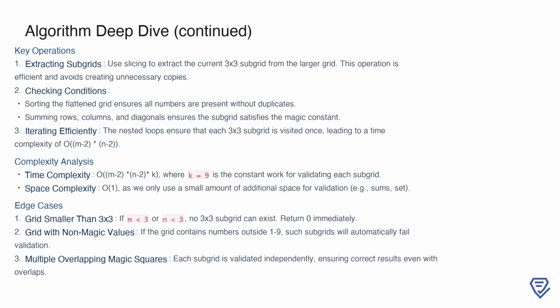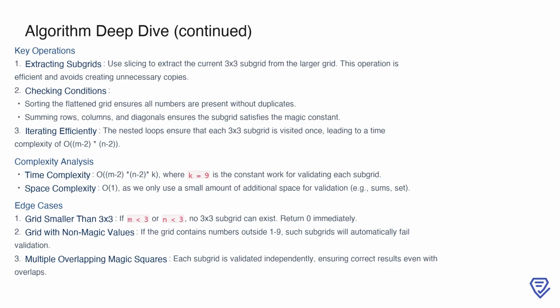The nested loops ensure that each potential 3 by 3 subgrid is visited exactly once, leading to a time complexity of O(M-2 times N-2), where M and N are the dimensions of the grid. Since validating each subgrid involves constant work, the overall complexity includes this constant factor. The space complexity is minimal, as we only use a small amount of additional space for the sums and the